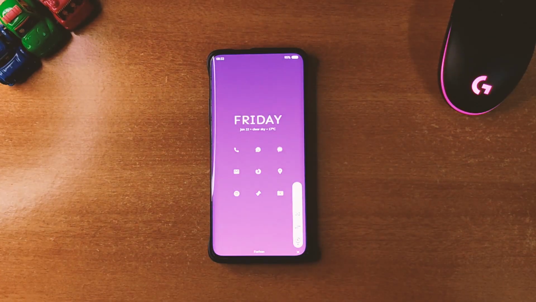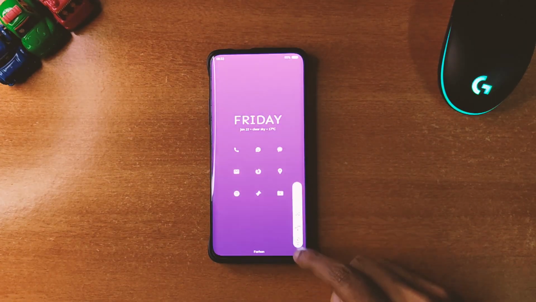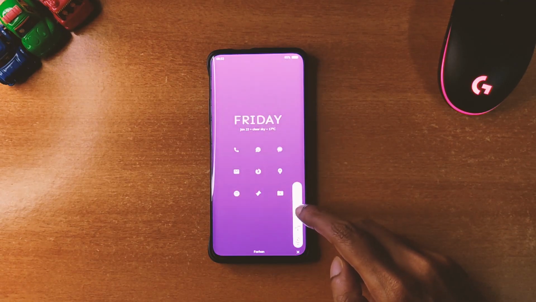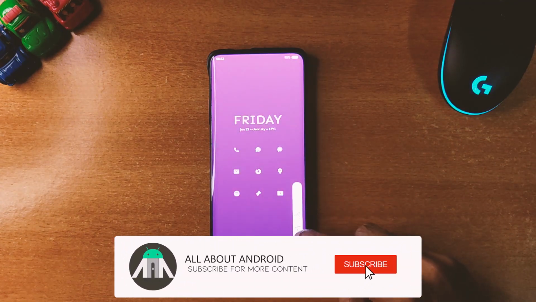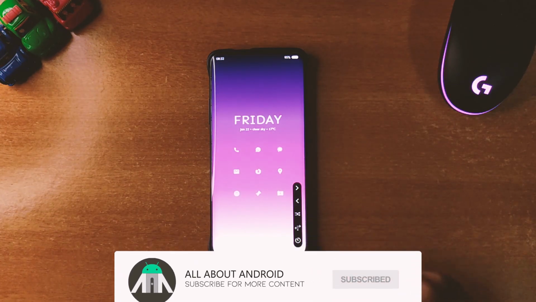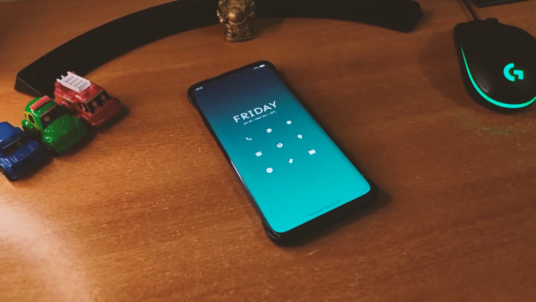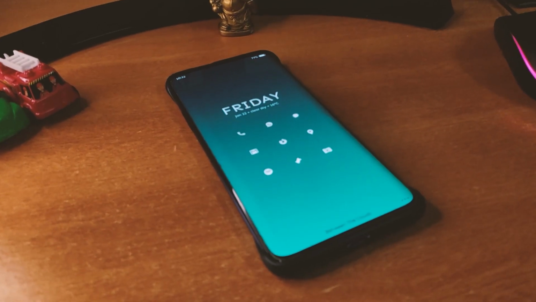Tapping on this 3 dot icon at the corner opens up the menu from where you can customize this theme. You can change the gradient, invert the colors, make the icon dark or light as per your choice and make it as you like. So it's a very customizable theme. I highly recommend you to check it out.